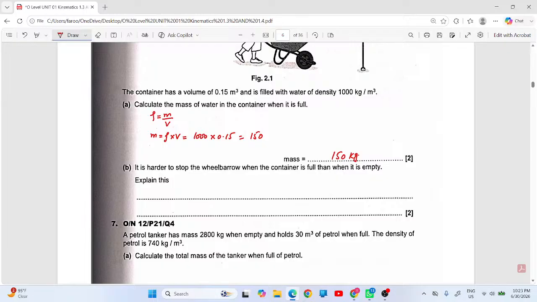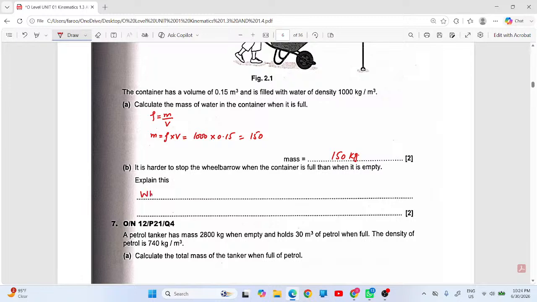It is harder to stop the wheelbarrow when the container is full than when it is empty. Yes, about inertia, because its mass will be more, so it is harder to stop the moving vehicle. So here we write: when the container is full,